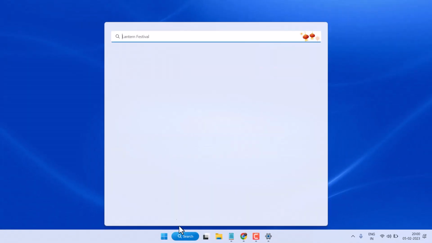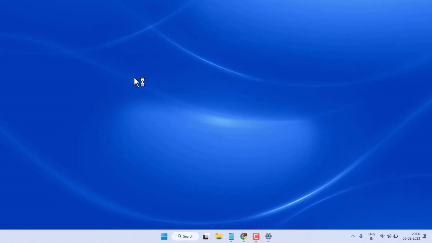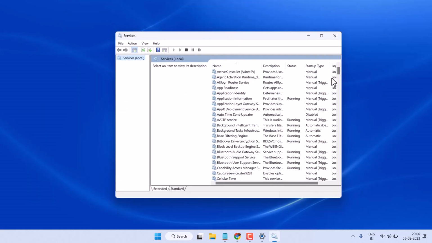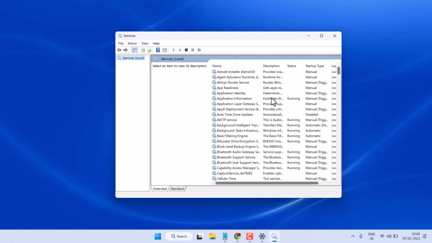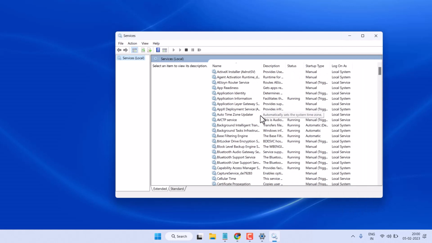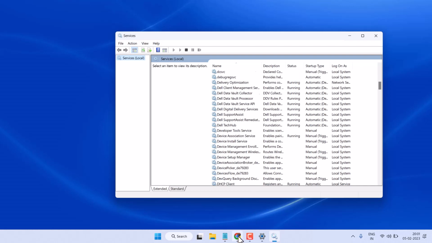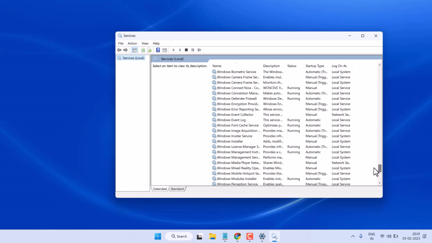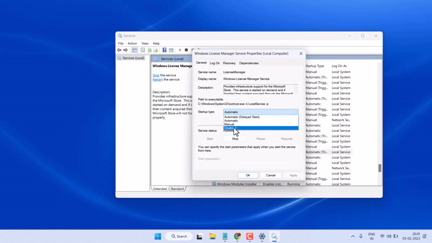Open services. Now here guys, you have to find out Windows license service. Find out here Windows license manager service, this one. Double click on it and select disabled and stop,